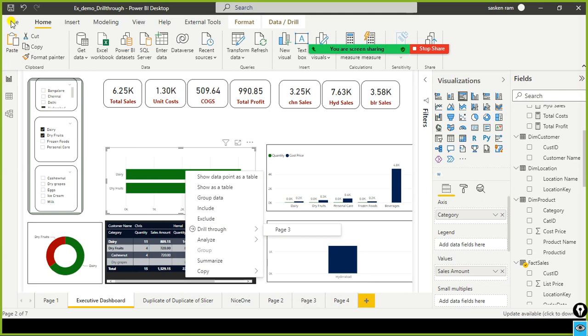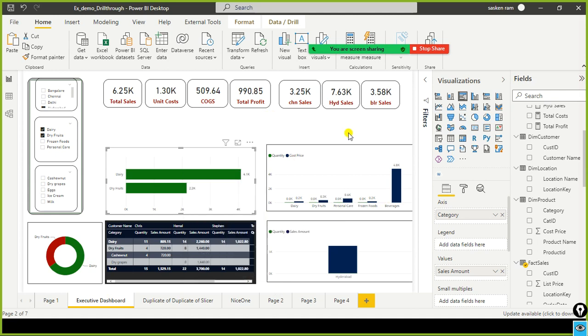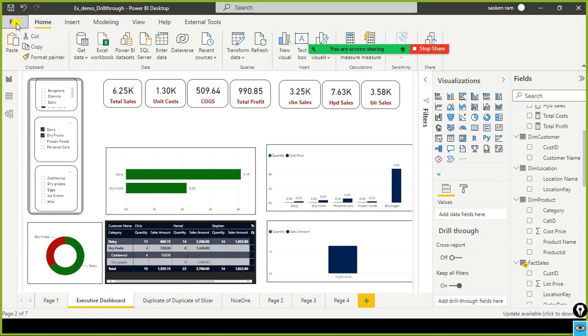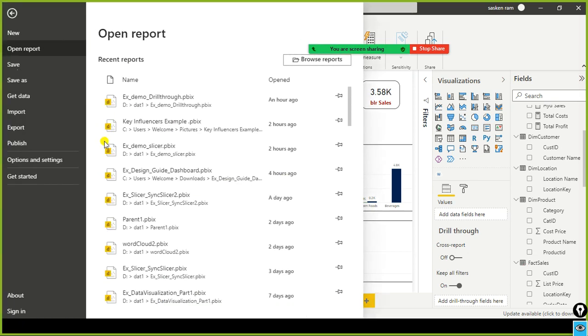So what I do is I just clone this one. I just copy paste to another one. In order to enable drill through across reports, the first step is you need to go to File, and there is something called Options.